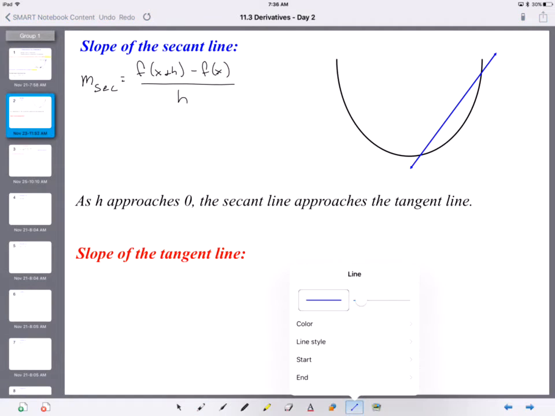Well, let's take this secant line and let's actually make that h value a little bit smaller. So now the distance from here to here is a little bit smaller than it was originally when it was a little bit farther out this way. Okay, so let's make it even smaller. Alright, now that h value is even smaller. Now it's over here. Okay, and let's just keep doing this